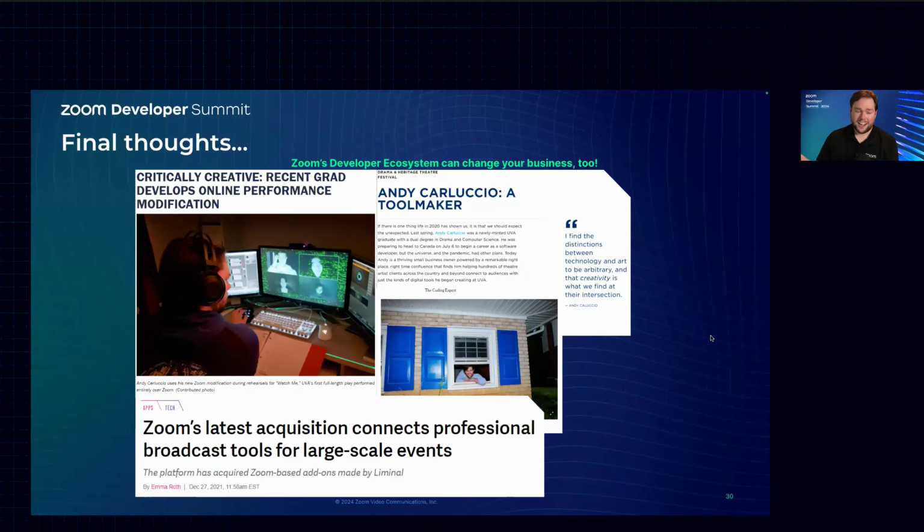Final thought from me, just on a personal note: I started as a student developer with the Meeting SDK back in undergrad at the University of Virginia in March of 2020, when the pandemic hit and shut everything down. I went home and tried to figure out how to make performance art migrate from the stage to the screen. And I gravitated to Zoom because of this developer ecosystem that you're learning about during this summit. And because of how open the Zoom platform is and how powerful and configurable it is, I was able to